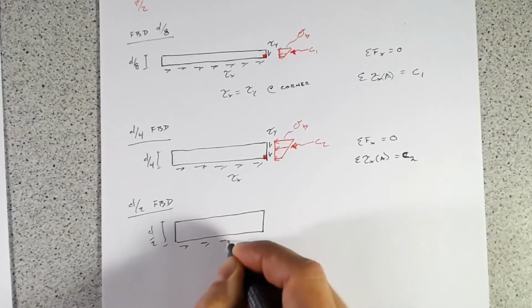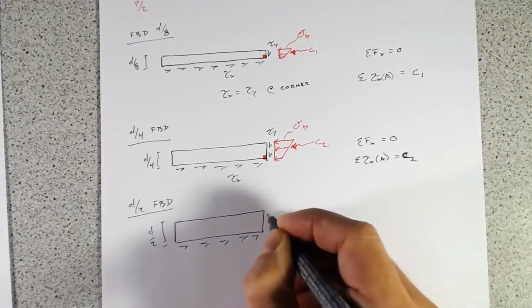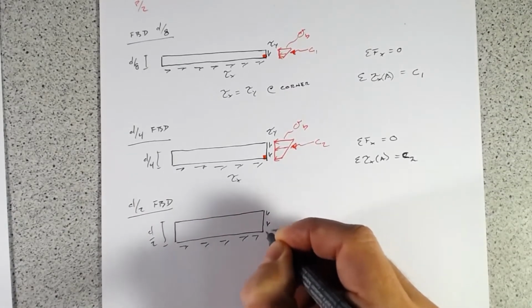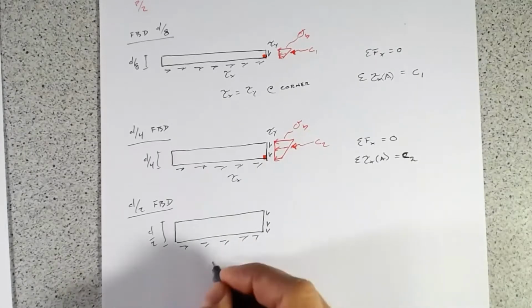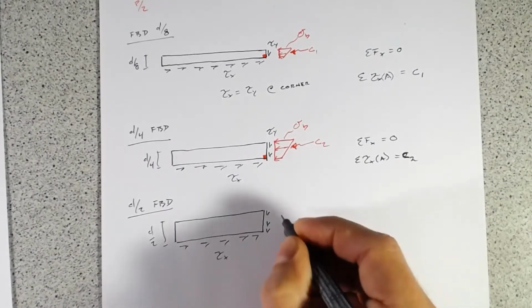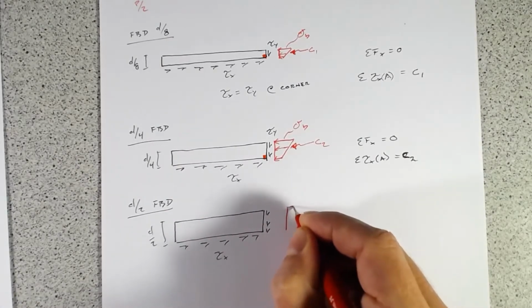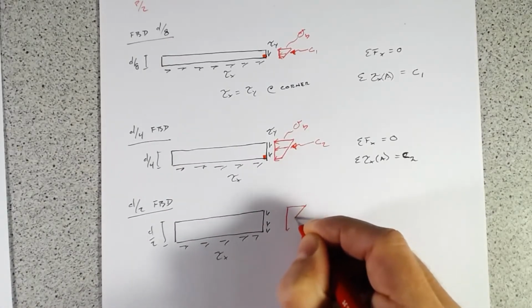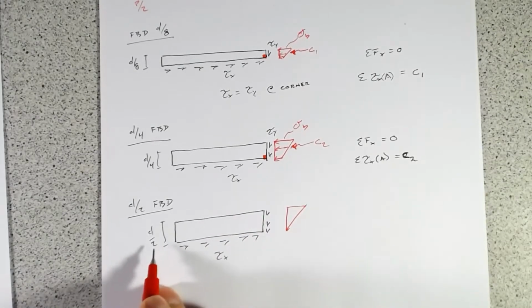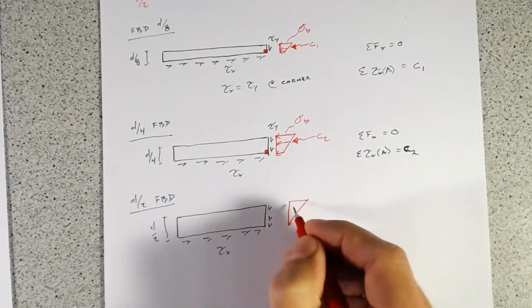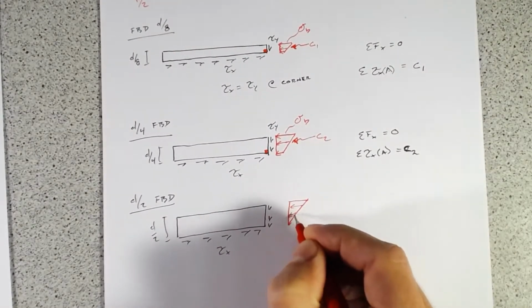As you can probably tell from the pattern that we have, we're going to have a longitudinal shear stress, tau x, and then we have our bending stress, and that's going to be, because we're down to d over 2, that's the location of the neutral axis for a rectangle, so we know we have a triangular stress distribution,